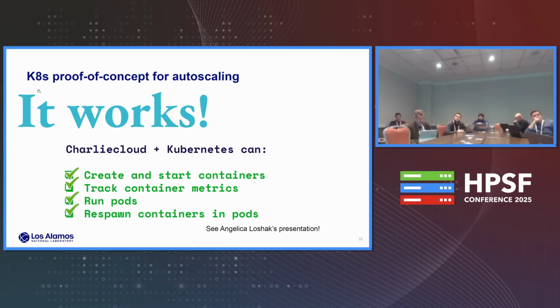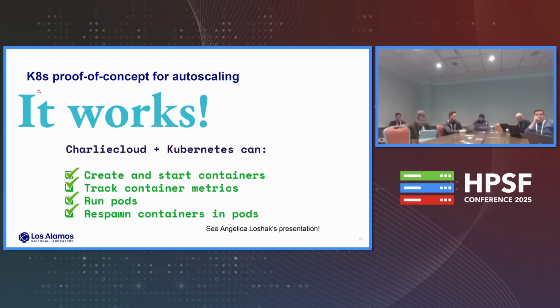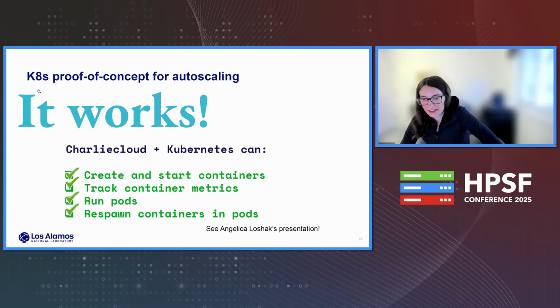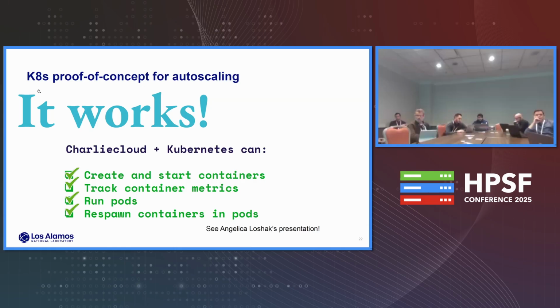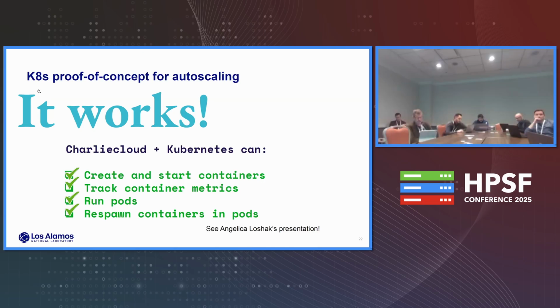In one of my first slides, I talked about what I presume is the OpenAI setup, where they're using Kubernetes for auto scaling. The idea here is you wouldn't check out a node like I did and just sit on that node as a persistent process. Instead, depending on the demand, Kubernetes could start containers and scale up and down the number of pods that users could be hitting with queries. My colleague Angelica is giving a presentation, I believe, later in the session on exactly this, so ask her questions about that.